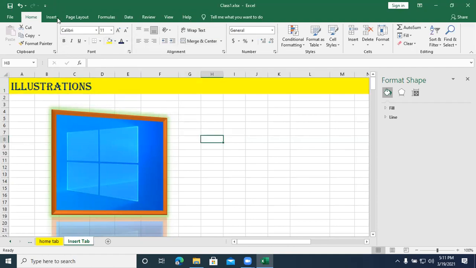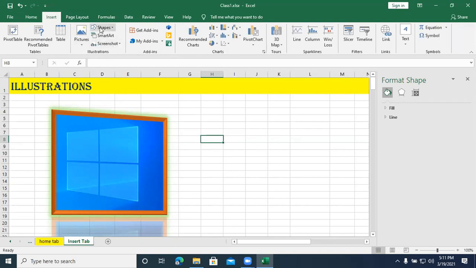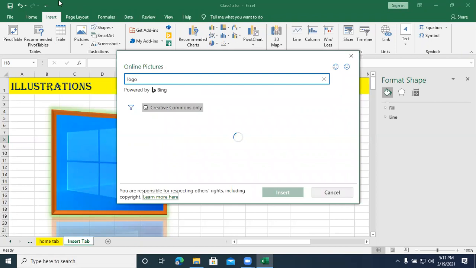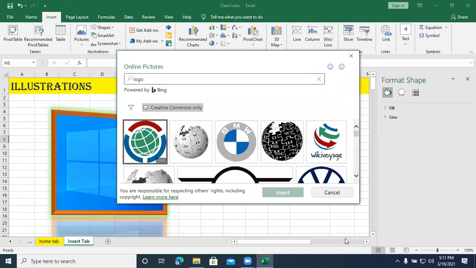So under the illustrations, we have pictures, shapes, smart art, and screenshot. So pictures, again, online and offline, both the pictures are available. I go for online picture. Any of the picture you can take. I just take as logo.